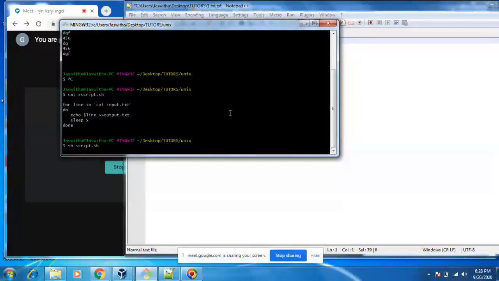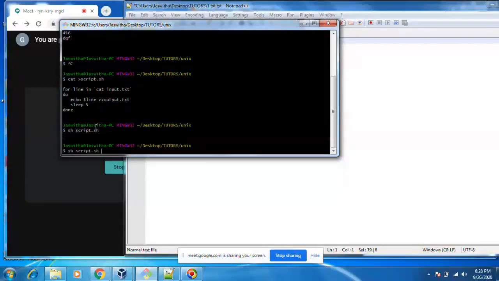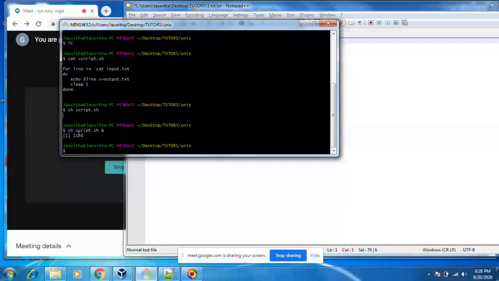Until execution is done, this prompt will not end. Now if I press ampersand, the script is running in the background, so again we'll get a prompt. This is the process ID.